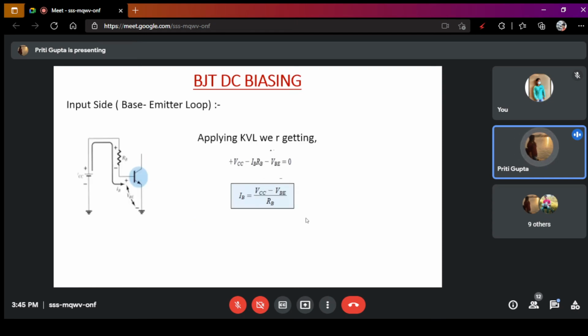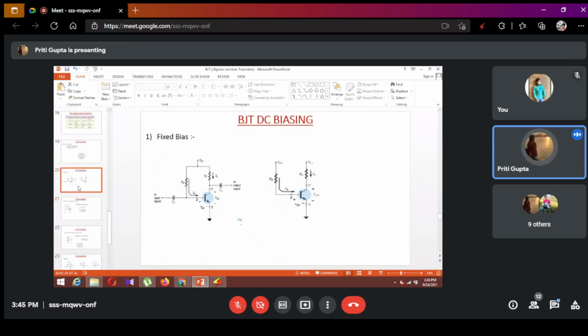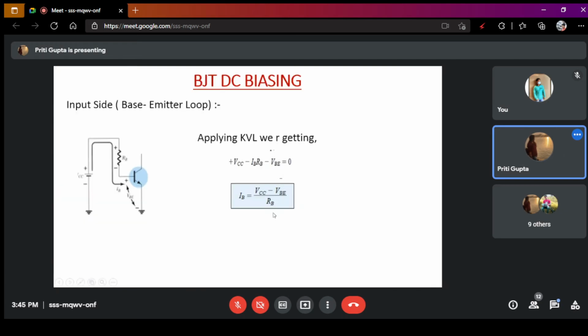See the input side. Simply we have taken the input side. Just a second, let me show you the previous circuit. See what we have done, we have just extended it and connected it this way, and it looks like this, nothing else. We haven't taken the output terminal. We will not connect anything on the output side. We will only take the input side, that is the base and emitter side, whatever voltage, resistance, current is there, base to emitter.